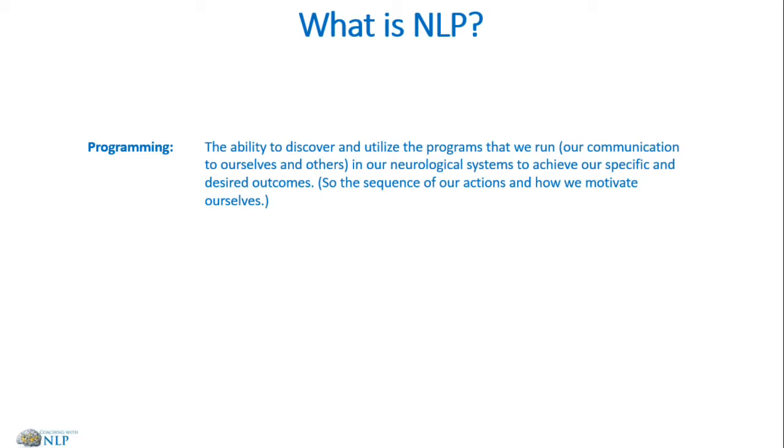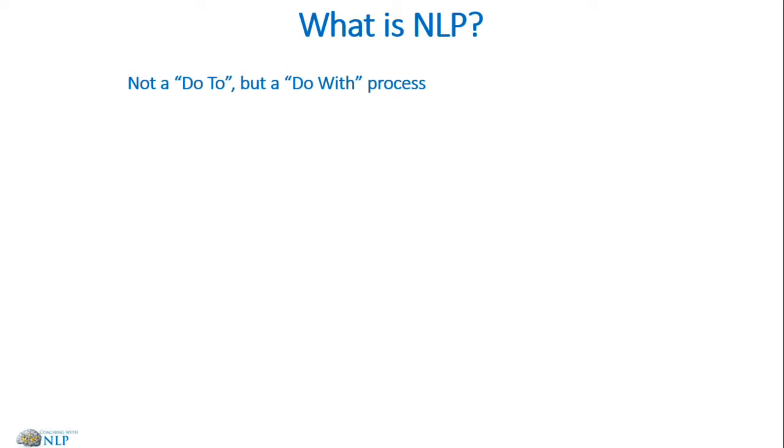Programming then is the ability to discover and to utilize the programs that we run in our neurological systems to achieve our specific and desired outcomes. So how do we communicate with ourselves? Or the sequence of our actions and how we can motivate ourselves. So in other words, NLP is how do we use the language of the mind to consistently achieve our specific